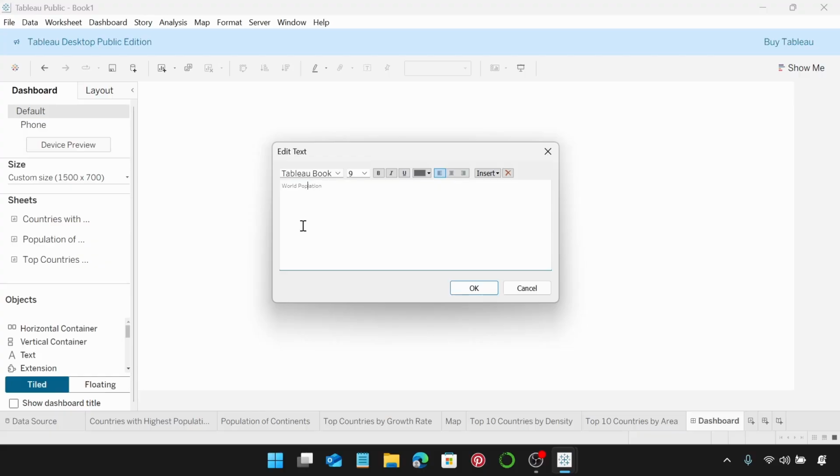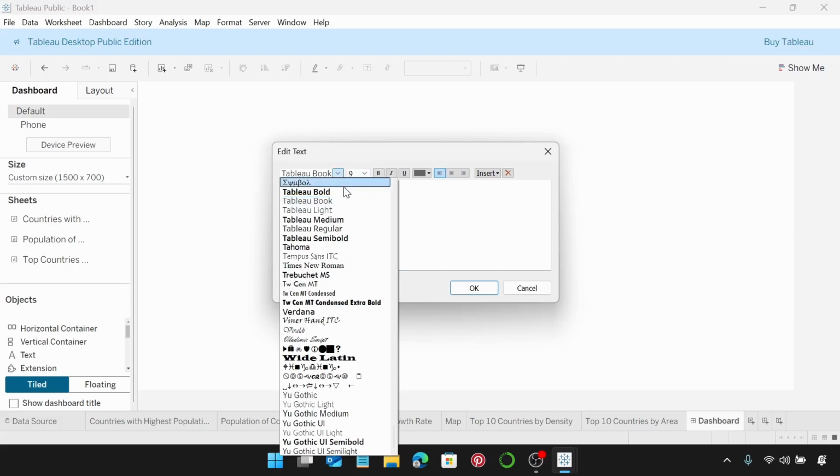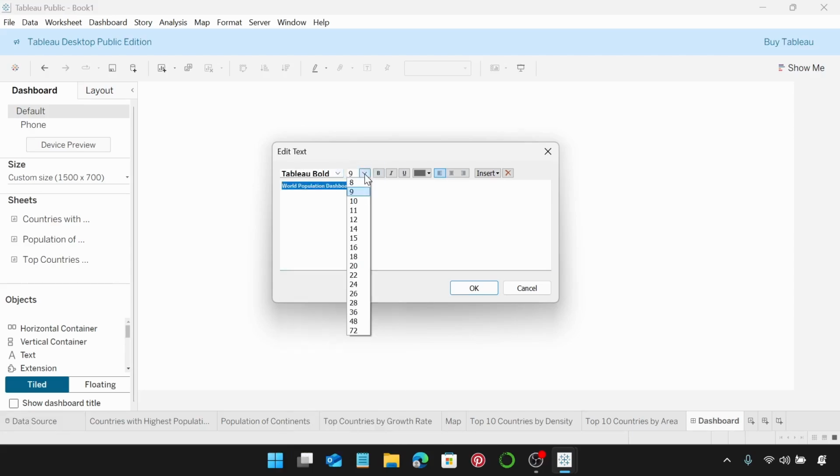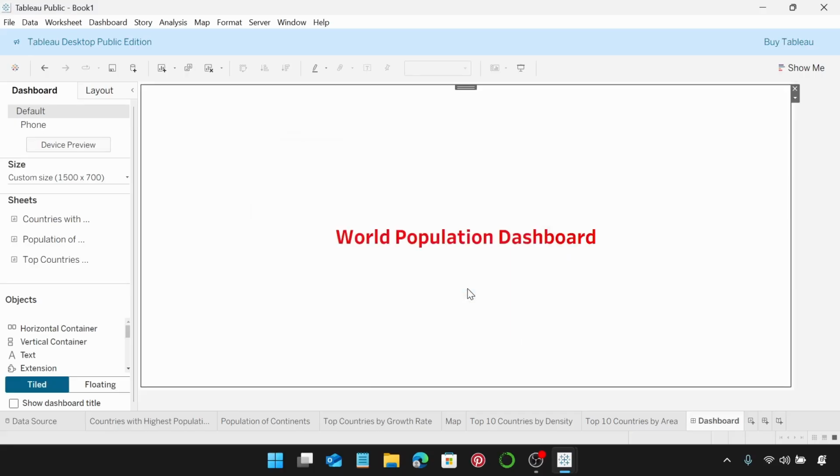Oops, slight typo. Dashboard. Now I'm just going to select the entire thing, change the font to Tableau bold, change the size to 22, color is going to be the red color, alignment is going to be center, and we're going to click on